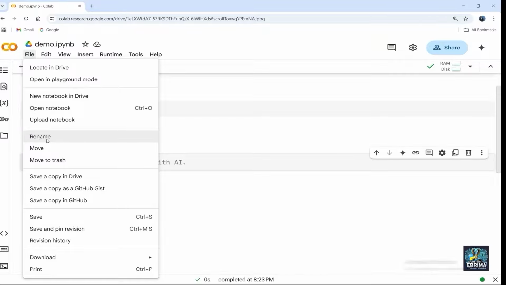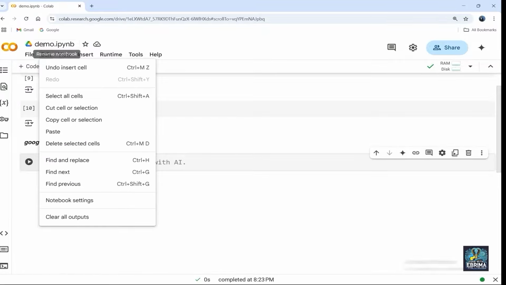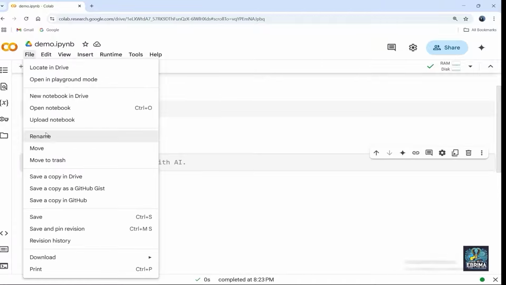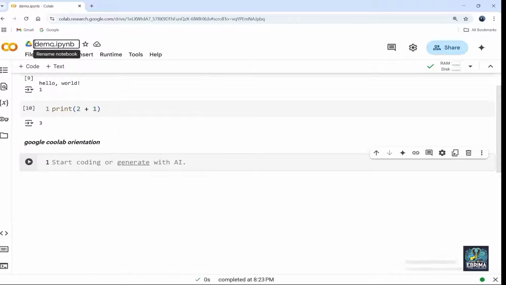Also, if you want, you can rename it. You see we named this thing as, let me just come back here. Remember, we named it as demo. So if you come down here, you can rename it again. So now it's here. Now you can just come here and change it again. Okay, so you can input any name that you want, but I'm just going to keep the demo there. So I just wanted to show that to you.